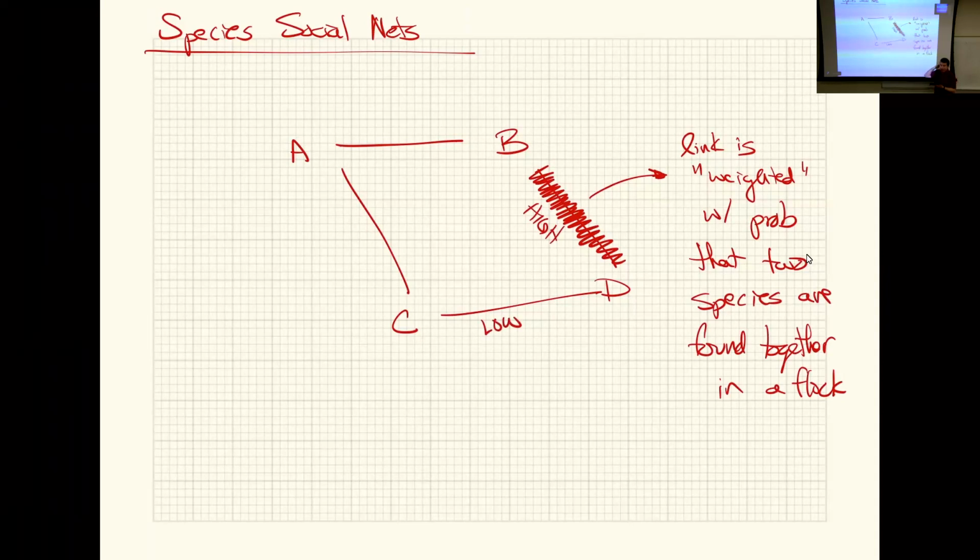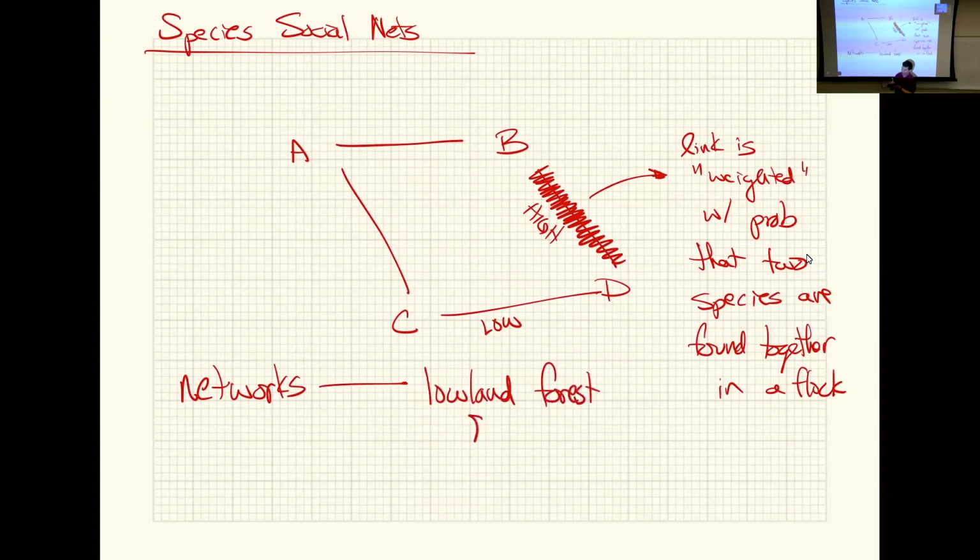And so if you've ever witnessed two species together in a flock, they'll have a line between them. But if you witness them a lot together in a flock, it'll be a very thick line associated with a high number. If it's not very often, it'll be a thin line. And that created these networks. You can look at the networks generated in different conditions. So for lowland forest,